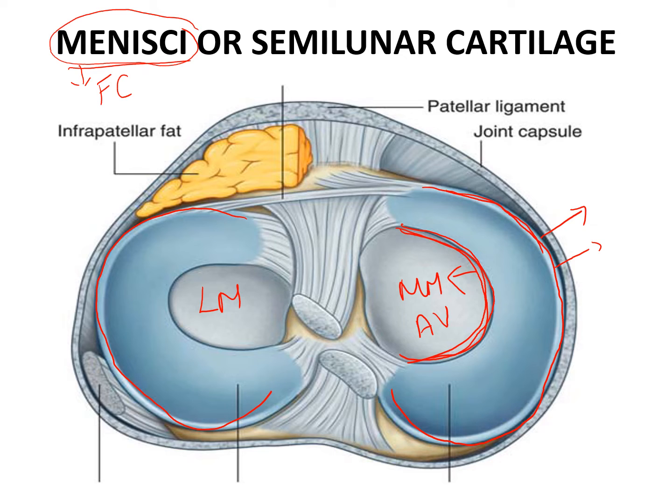So this was about the menisci. It is made up of fibrocartilage, which is an MCQ question. The inner concave margin is avascular and receives its nutrition from the synovium. The outer convex margin is highly vascular and receives its blood supply from the vessels which ramify over the capsule. We have two menisci, lateral and medial. You can see that they are C-shaped.